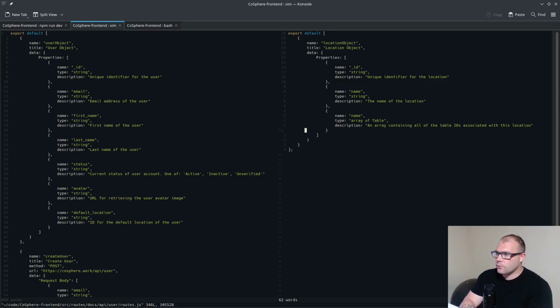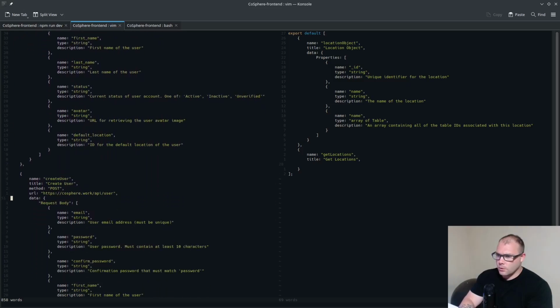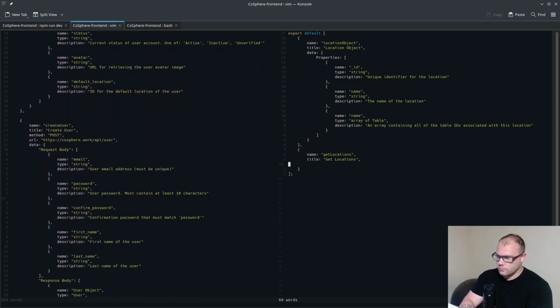All right. So for routes, first thing is going to be get locations. This is going to be to get a list of locations to display so that the user can change location. So this will be get locations. And see, it's going to be all locations, so our route is,